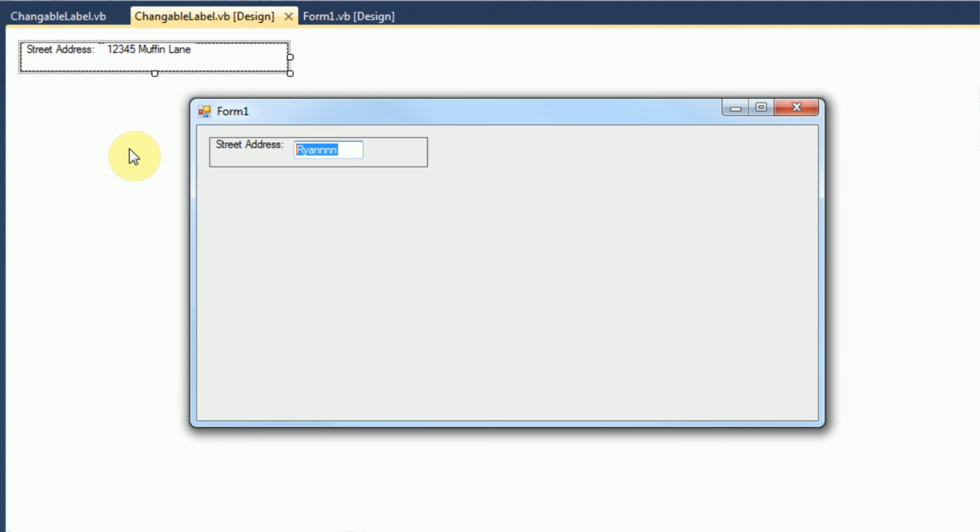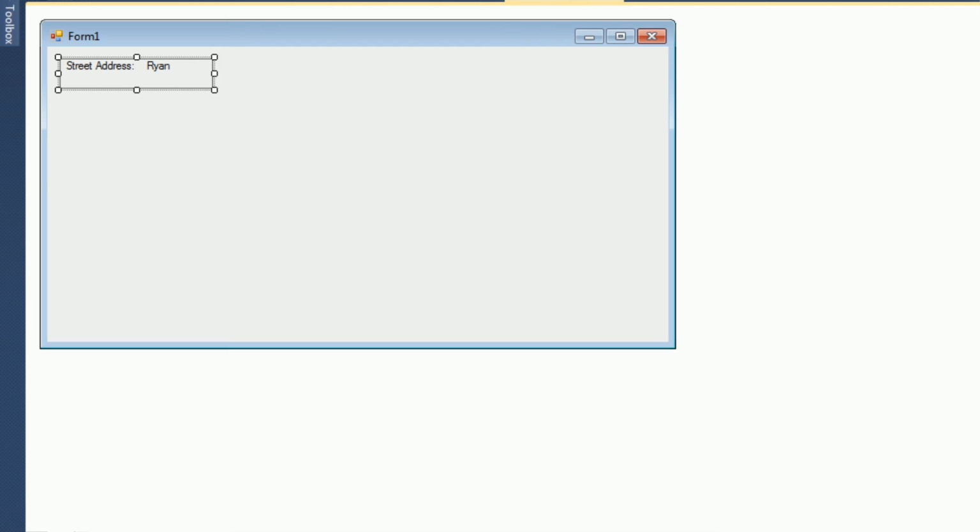If we actually try typing in 11111 Stargazer Avenue, you can see that the form itself is well equipped to handle the size of what we just typed in. However, the label actually seems to be restricted by what we are typing in. So this must be a problem with the actual behavior of the label and not the flow layout panel itself. So let's go ahead and check out the behavior of the second label that we